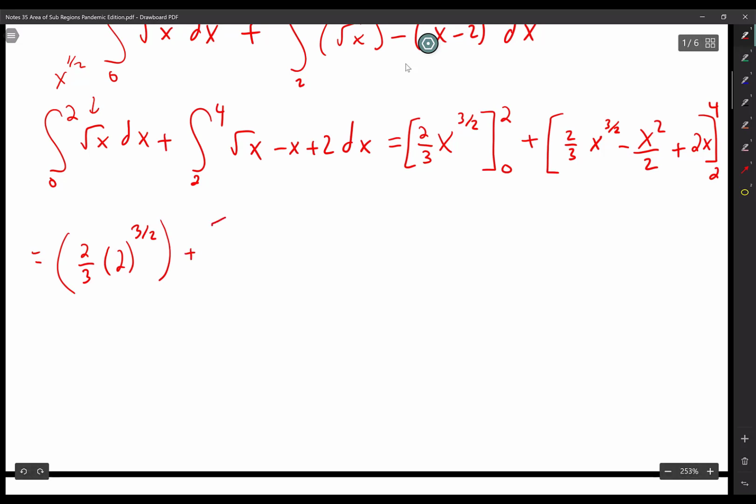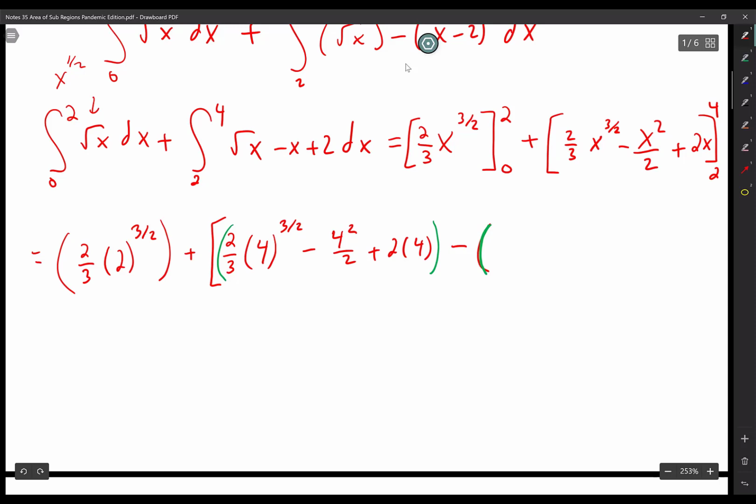Plus, and I'm going to put my little bracket. I'm going to do upper minus lower. Now, don't worry. 2/3, and I guess giant parentheses here on the outside. I'm going to color code it in green there. 2/3, 4 to the 3/2, and we'll simplify it in a little bit, minus 4 squared over 2 plus 2 times 4, close and close, that's my green one, minus, and here comes the green one again, green, and then